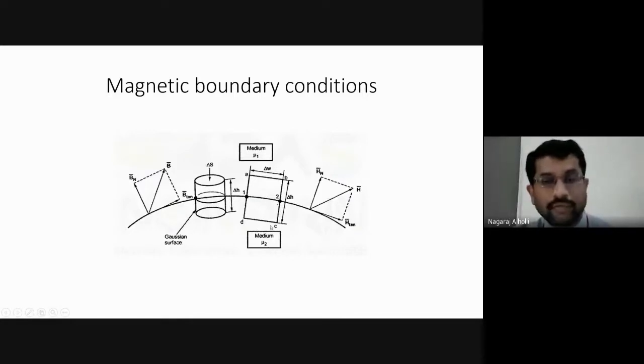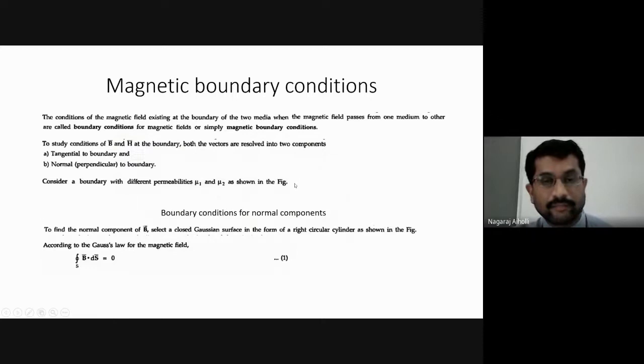Okay. Then if you go from C to D, this will be minus of A to B, right? Because this is in medium 1, this is in medium 2. See the direction: A to B, B to 1, 1 to C, C to D. C to D is opposite to that of A to B. Therefore, when we are considering the polarity of C to D, we have to take the sign as opposite to that of A to B.